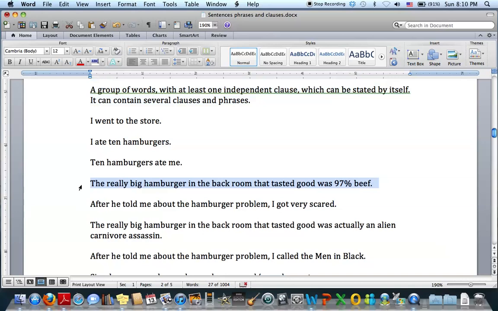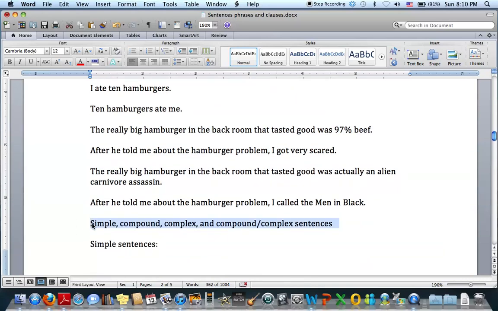We have two different forms. In this case, noun phrase, verb, noun phrase. Right here we have a dependent clause, and then we have an independent clause right there. They're both sentences, but they have slightly different forms. So the deal is this: we like to classify sentences into these four types just to make it easier to identify them, to help us figure out what we're supposed to use in different genres, different types of papers. So we'll start out with the simple stuff, simple sentences.